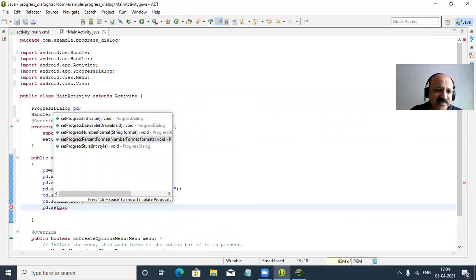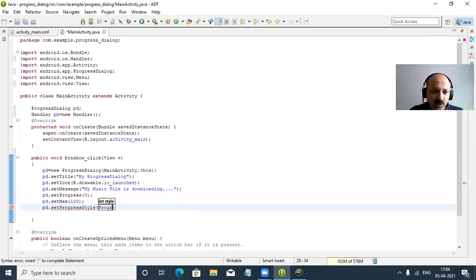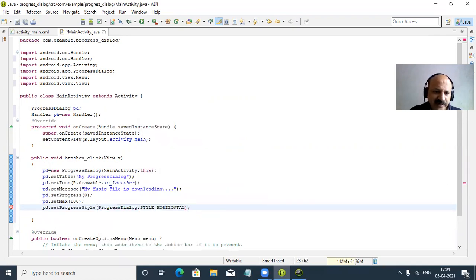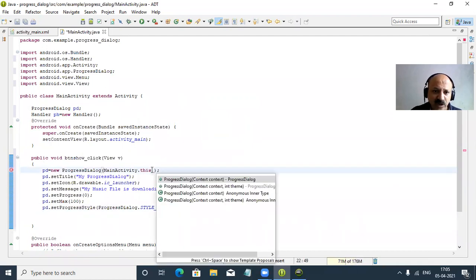You can also use it as a constructor with a style, and we can use the same ProgressDialog class. There are two styles, and you can look here, they are public static constants, so uppercase: STYLE_HORIZONTAL and STYLE_SPINNER. First we take horizontal. In the constructor, which is overloaded, there is also a two-argument version, and you can also pass the ProgressDialog style, horizontal or spinner.